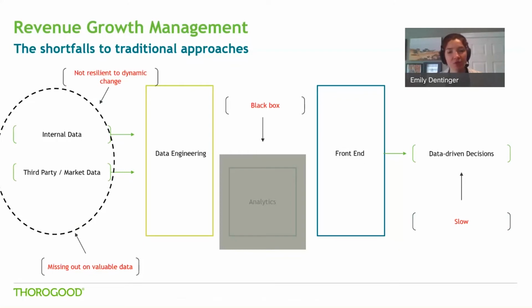Maybe not even slow, but even just as fast is really a shortcoming here. From a competitive advantage standpoint, if we can get to insights faster and act on those insights faster than competitors, then we have an advantage. Traditional RGM approaches don't really have a built-in framework for quickly experimenting with, implementing, and ultimately productionizing any changes that